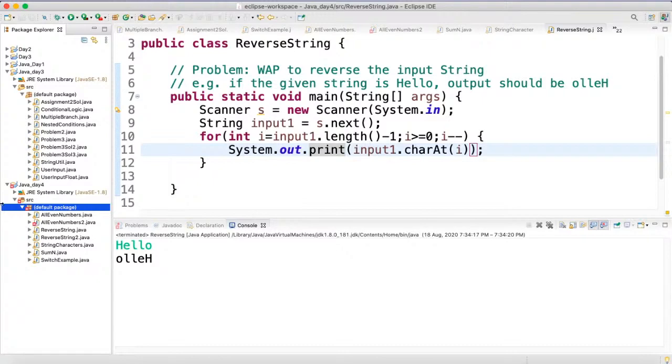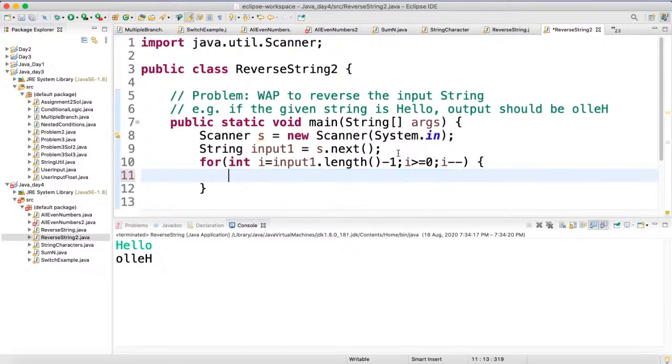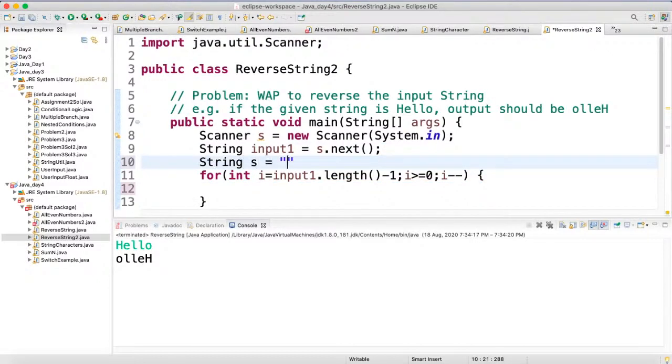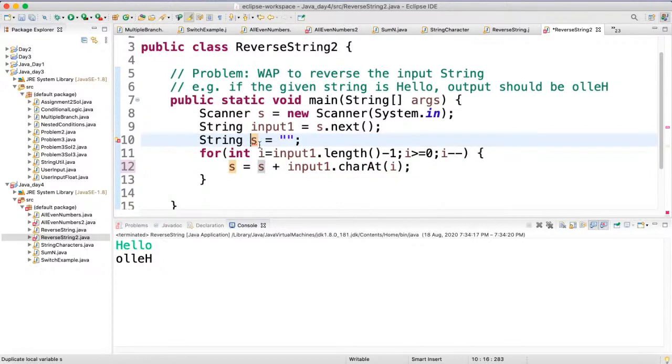In place of sys out, we'll try to save it. I will define an empty string. And what we want to do here is, whatever is coming as a part of charAt, we'll make s equal to s plus input1 dot charAt i. But s is already the scanner, so,